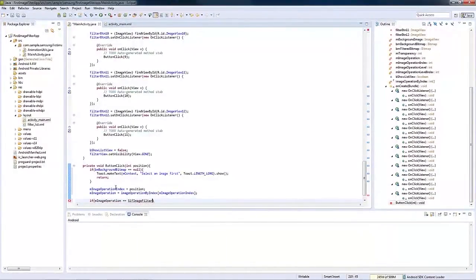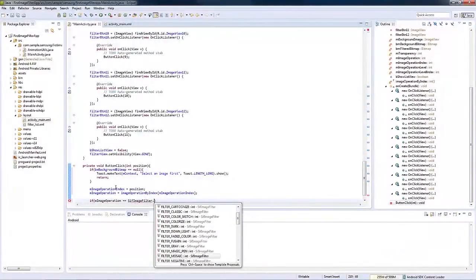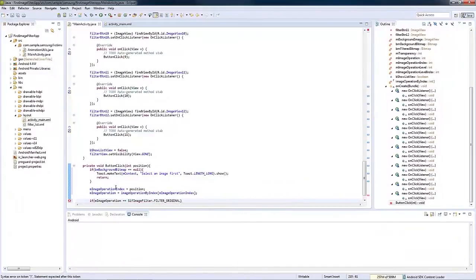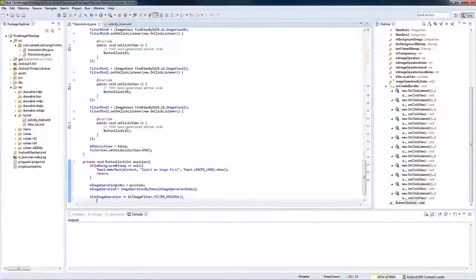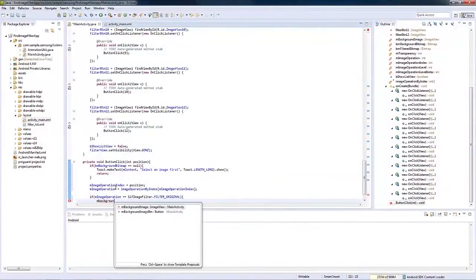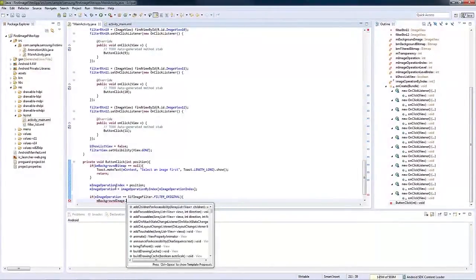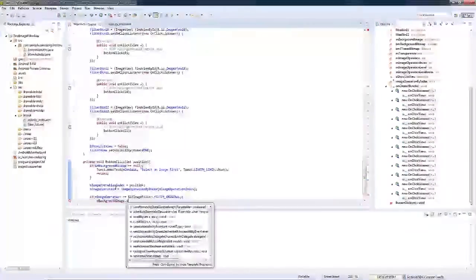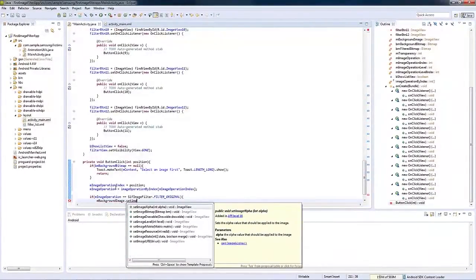So we're going to separate the two cases, original and filtered images. For the original image, we simply set the image bitmap of the image view.